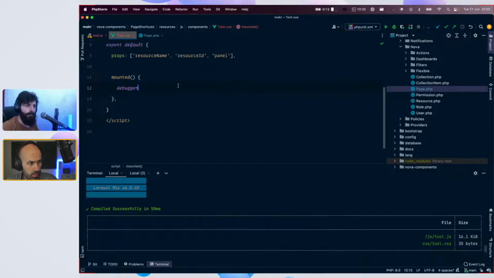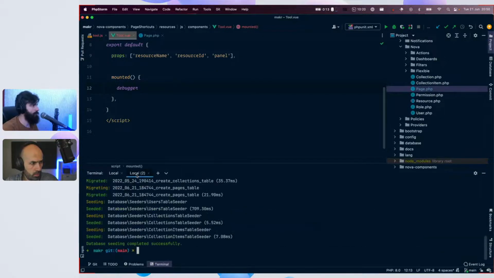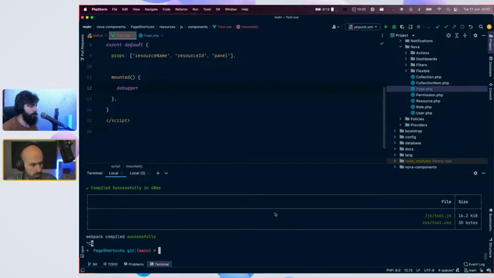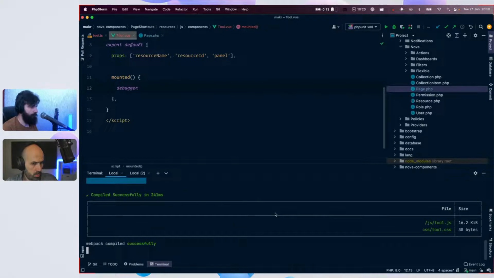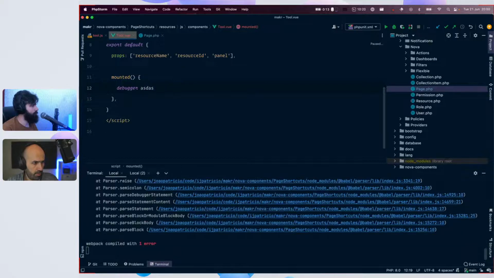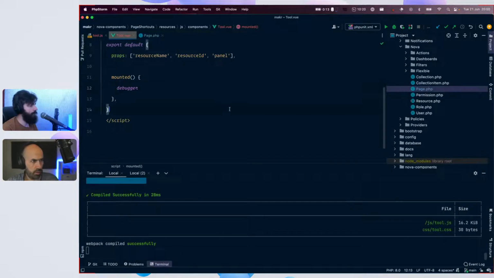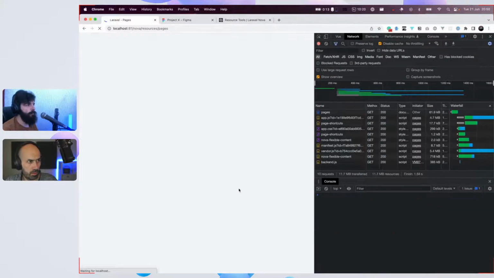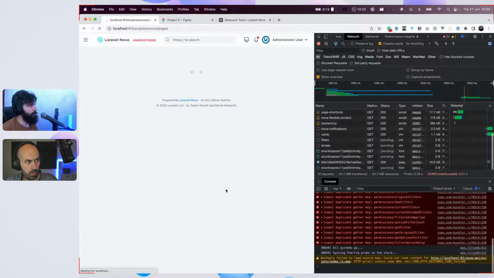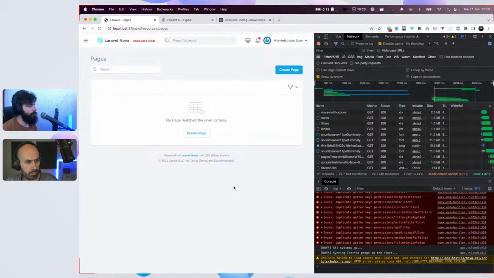Oh, it's not compiling. Page shortcuts. If I change code and save, and save, okay, I was too quick. Maybe that's why. Yeah. And the debugger was not active, so...